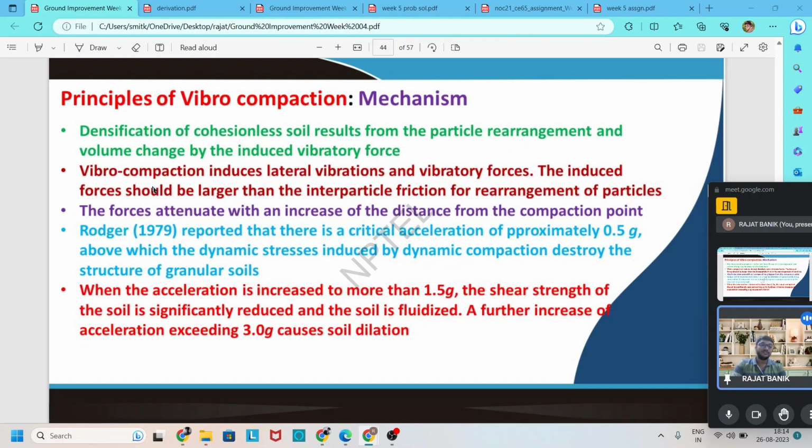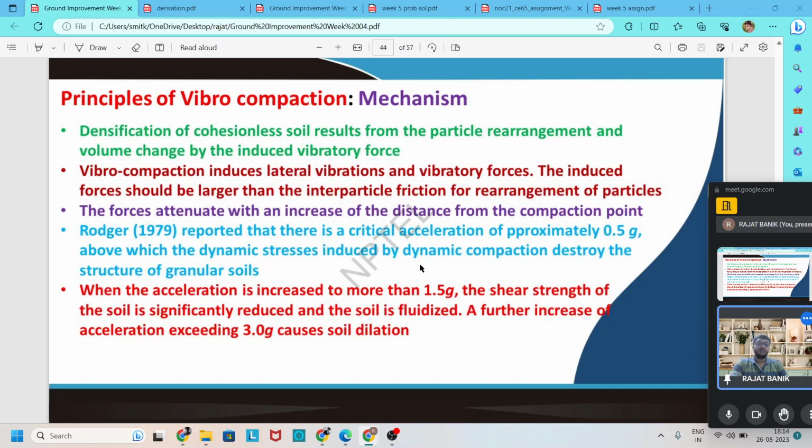If the acceleration is more than 0.5 g, the densification is valid. If it is less than 0.5 g, it is not possible to densify. So it is said that if the acceleration induced by this probe is greater than 0.5 g, then dynamic